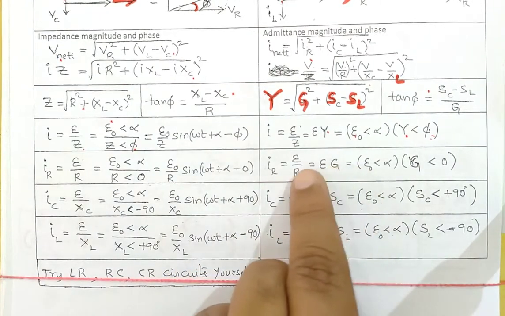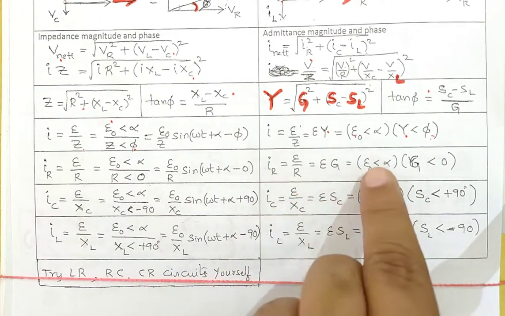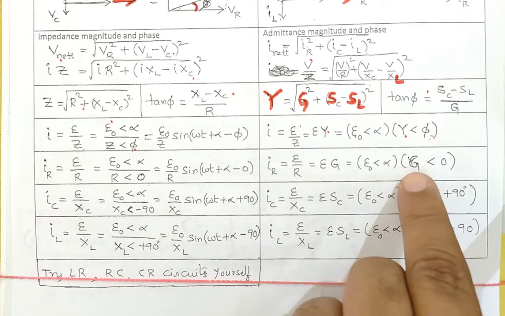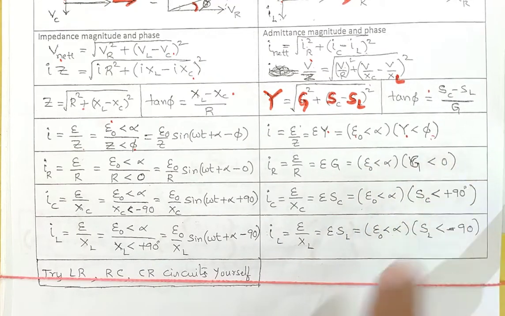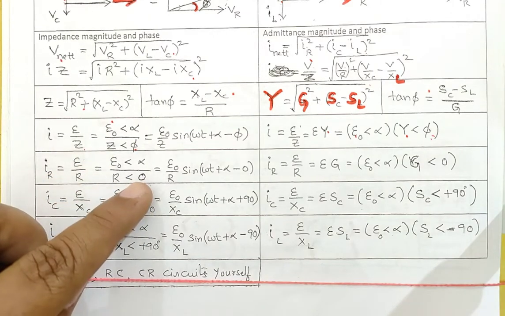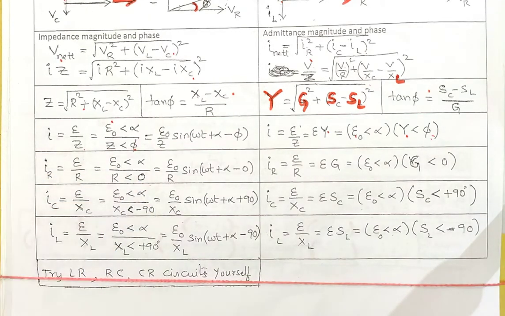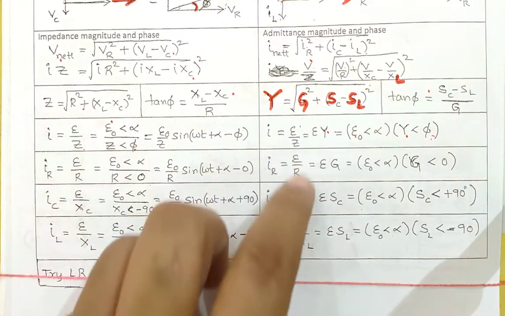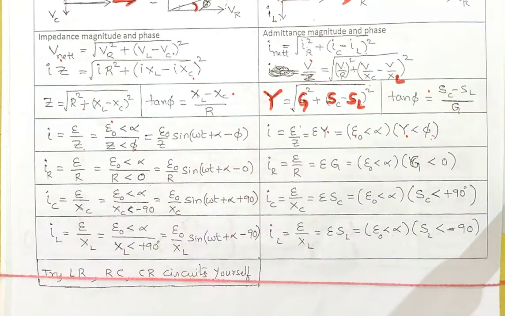So now we write angles for these two, and when they are in this form we multiply the amplitudes and add the phases. When they are in this form we divide the amplitudes and subtract the phases to get the phase of the net, the other one we are finding. We know E and R, we are finding I. Like that, this is the way we deal with the LCR circuits.